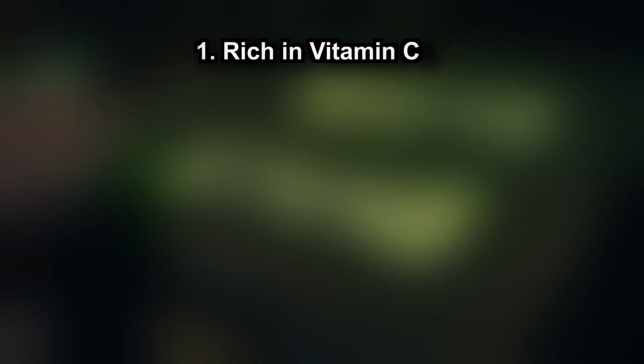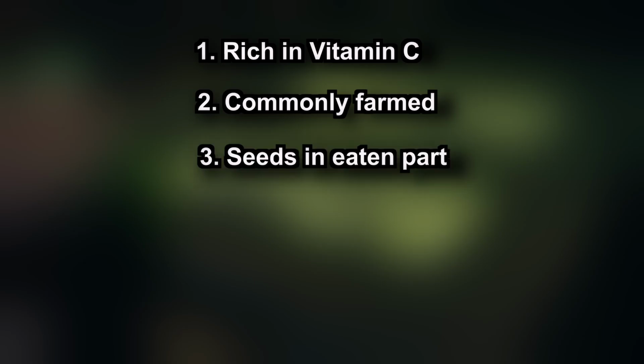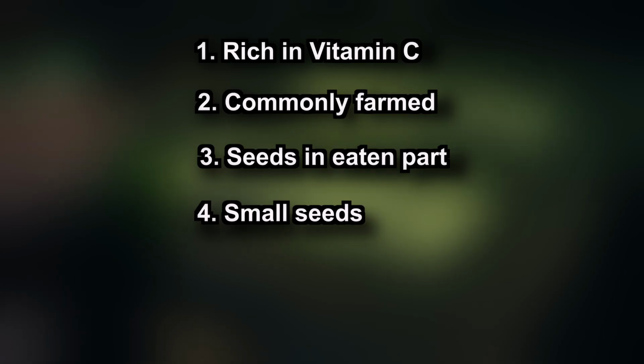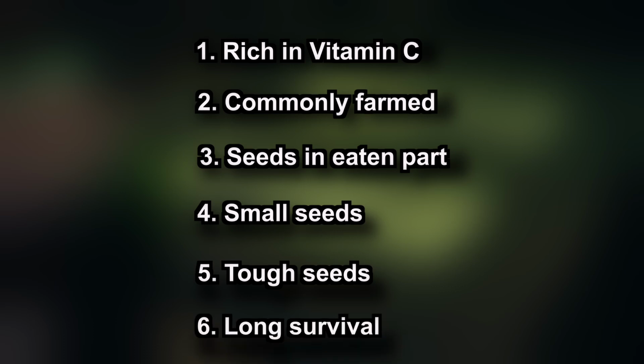First, the plant must be rich in vitamin C. Then the plant must be a traditionally and widely farmed plant that could be found on a space station. The seeds must be located in the commonly eaten part of the plant. The seeds must be small enough to be swallowed whole so that they stay intact. They also have to be tough enough to survive the digestion process. And lastly, the seeds have to survive inside the fecal matter for a reasonably long enough time for people to